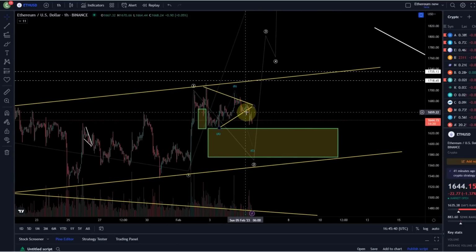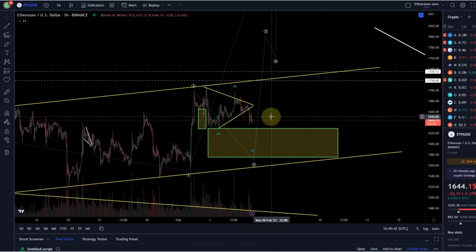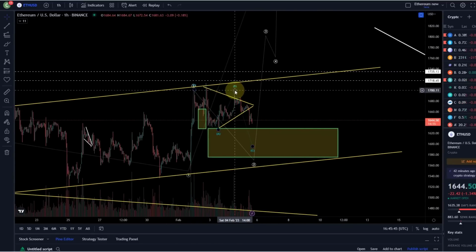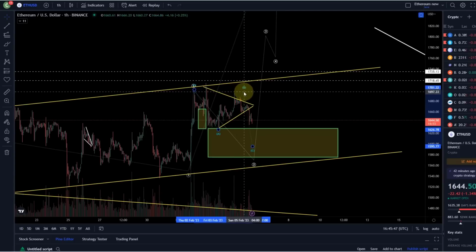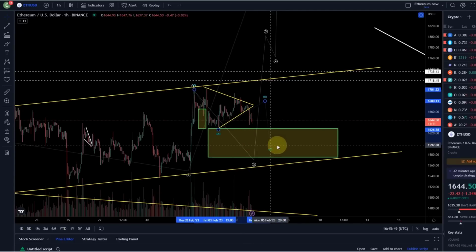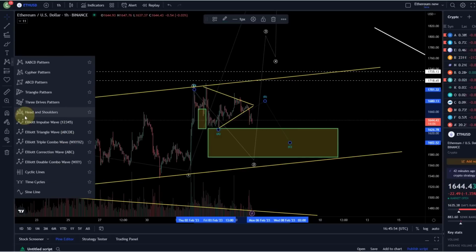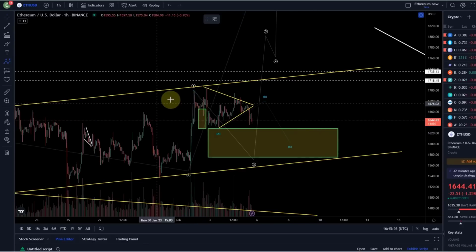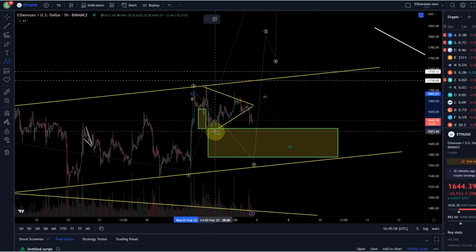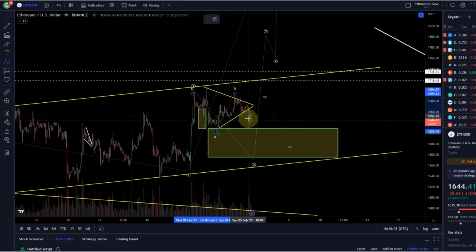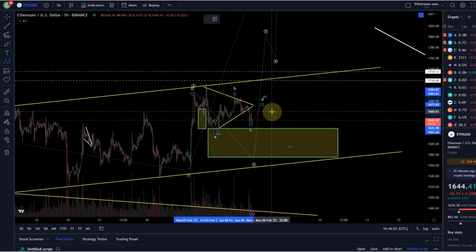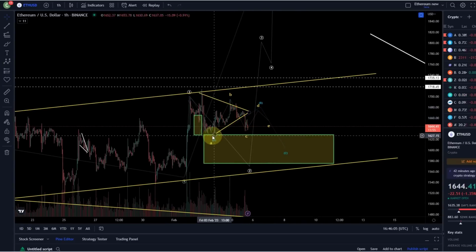I mean, don't get me wrong, all of this could also become some kind of a larger triangle. There's nothing that would make a B wave triangle invalid here. So I just want to show that to you, and also explain to you that lower degree, micro counting often is just not useful, but I do it also to explain things and the possible outcomes. No, wrong way around. Of course, it would be a B wave triangle, so I need to start counting at the end of the A wave.